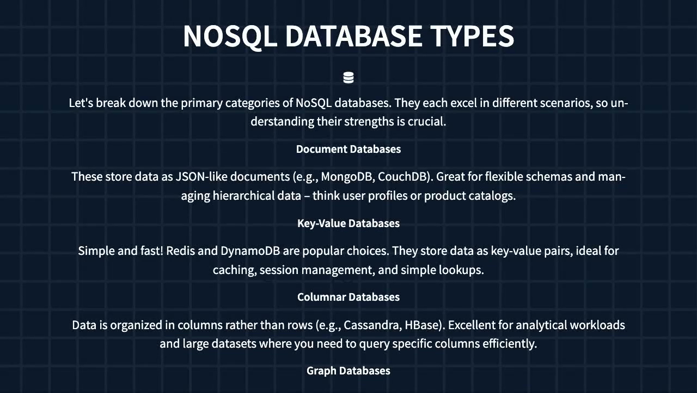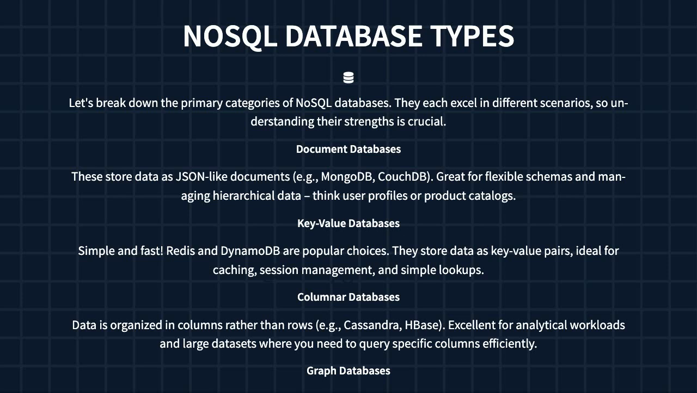Okay, let's talk about the different flavors of NoSQL databases. You'll quickly discover that they aren't all created equal. First up are document databases. These treat data as flexible, JSON-like documents, perfect for things like user profiles or product catalogs, where you don't need a rigid structure upfront. Then there are key-value databases, which are incredibly simple and fast, storing information as straightforward key-value